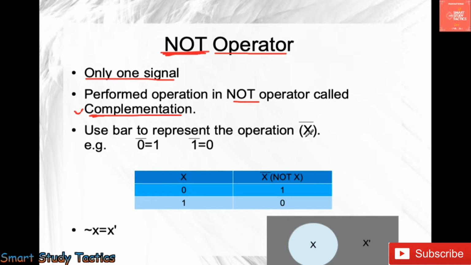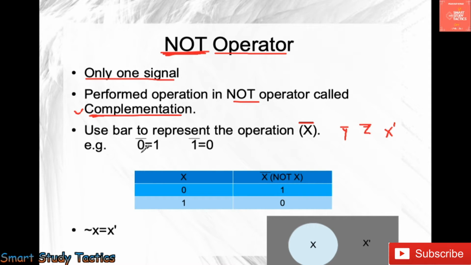Whenever you have a signal, let's suppose an X signal, you have to write it with a bar over it. Suppose you have a Y signal, you make Y bar like this. If you have the Z signal, you make it like this. It means that you are getting a NOT signal. This is also X bar, Y bar, Z bar, like that.